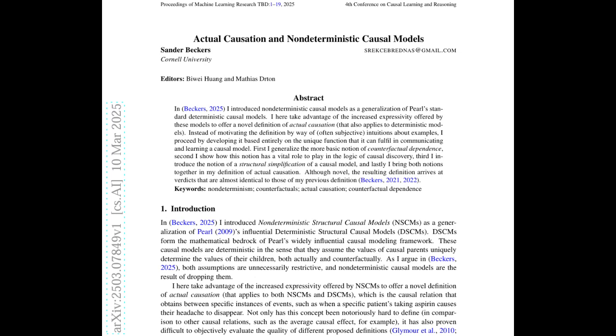Wait, really? That's kind of counterintuitive. It's like saying that doing something that usually helps somehow caused it to not work in one specific case. I know, it's weird, right? And that's where this new definition comes in and saves the day. It avoids all that weirdness by focusing on those what-if scenarios in the simplified models. It helps us figure out what truly matters without getting caught up in all the noise. Okay, yeah, that makes a lot more sense.